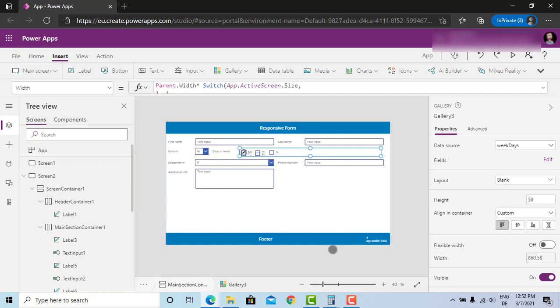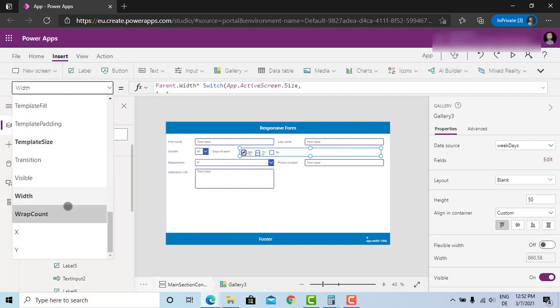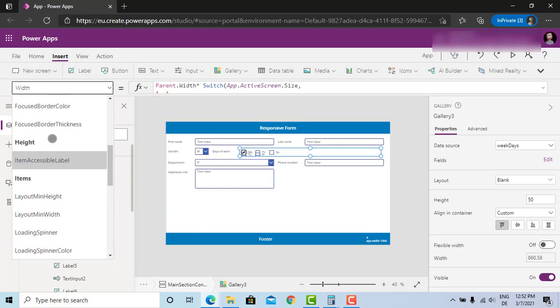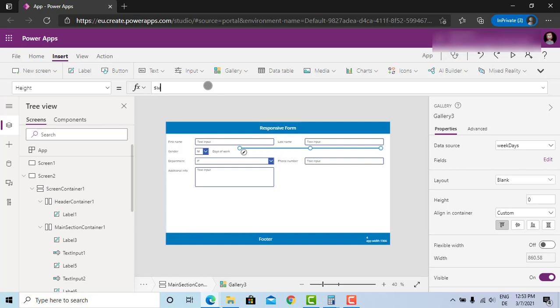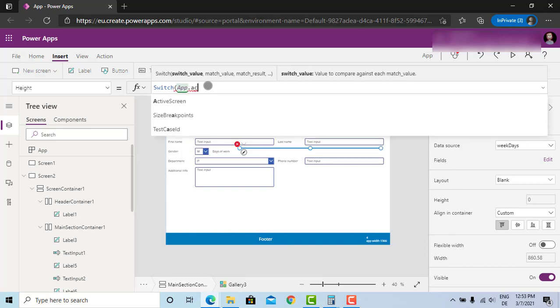So how are we going to fix that? Well, we need to use the formula there too. Let's go again to the height, and it's 50 right now, but we don't want the 50 there. We want it to be calculated depending on the screen size. How can we do that? Well, we just go again to switch, and what we're gonna choose is app dot active screen size,